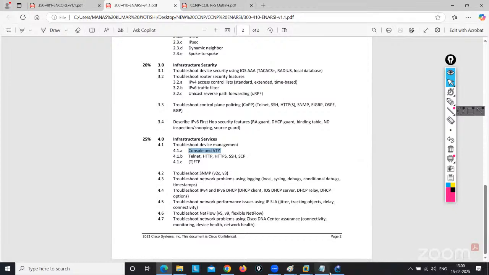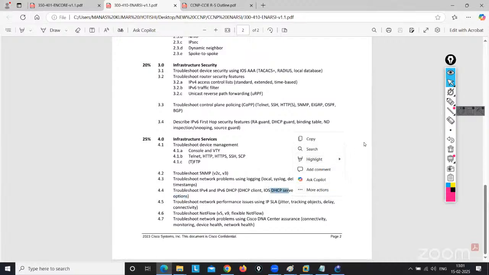Then the DHCP part. Starting from the class, someone asked about the DHCP part. Here we will cover how the DHCP relay agent will work, what the DHCP options are, and how many options there are in DHCP. So how will the DHCP server work?